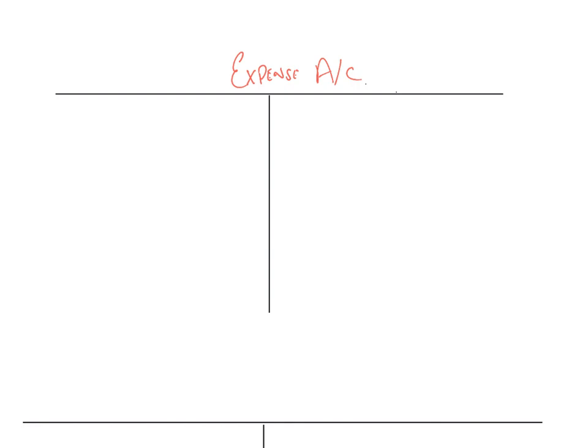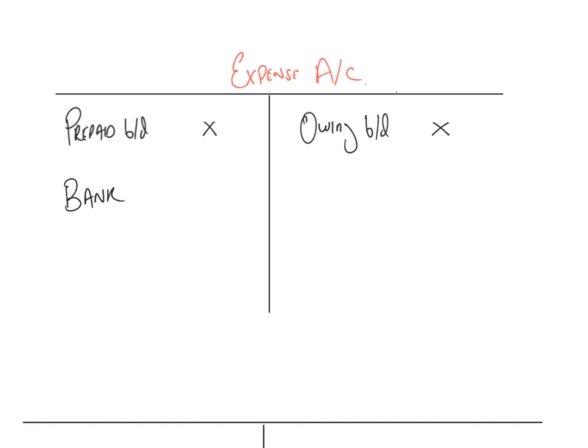So like at the start of the year, if there is a prepayment, what we do is we write prepaid brought down on the debit side because it's an asset and we have overpaid last year, so we begin with a positive balance here. Okay, and if there's a liability which is owing, you write owing brought down here on the credit side. It's very possible that you have both in one question, or it's possible that you only have either prepaid or owing. Then whatever we pay, we record that on the debit side as bank or cash